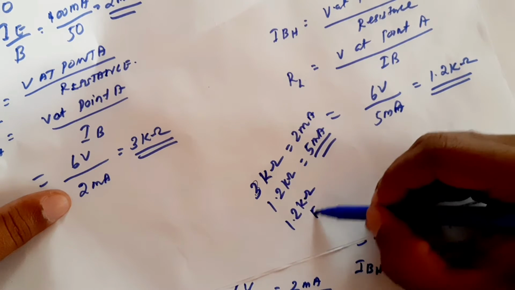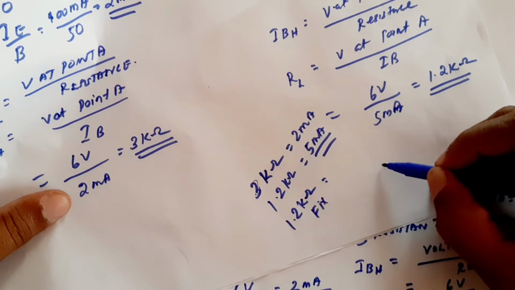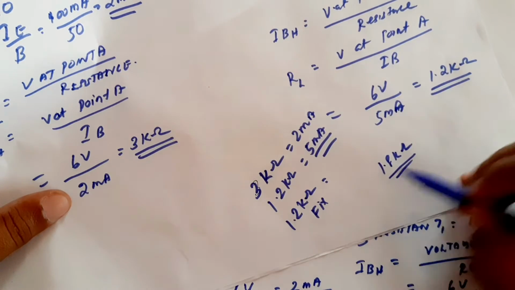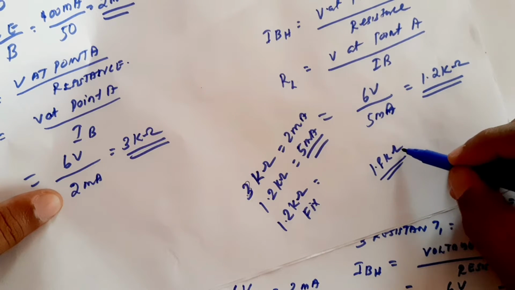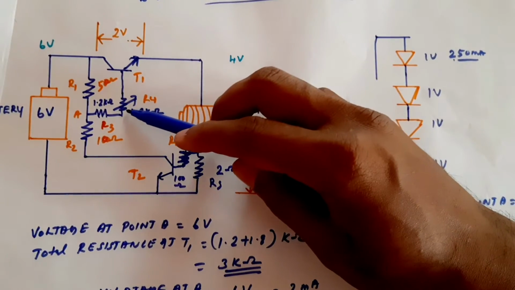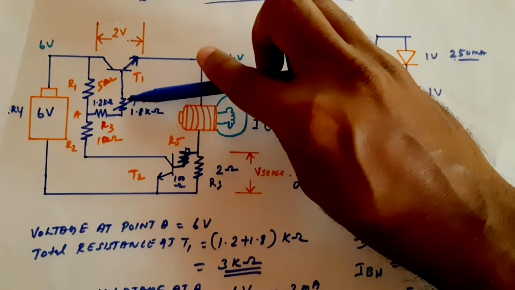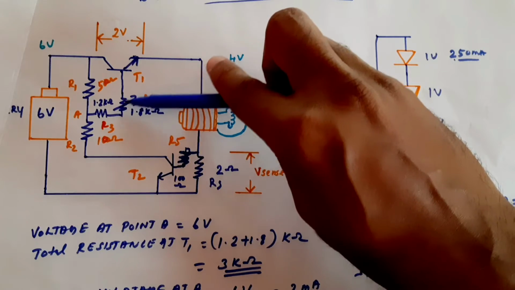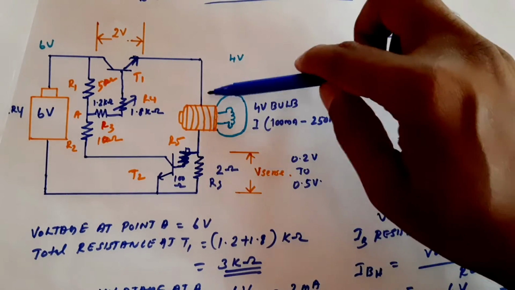We use a 1.2 kilo ohm fixed resistor, and we vary the rest. The difference from 1.2 is 1.8 kilo ohm. When we fully increase the resistance to 1.8 kilo ohm, the total resistance becomes 3 kilo ohm. When we fully reduce it, the variable resistance becomes 0, the total resistance is 1.2 kilo ohm, and the current becomes 250 milliamperes.